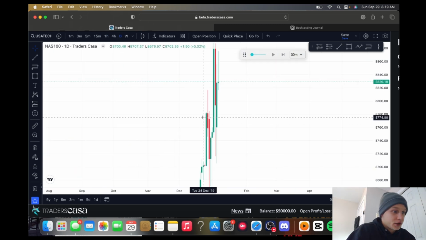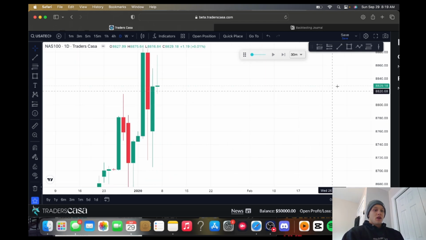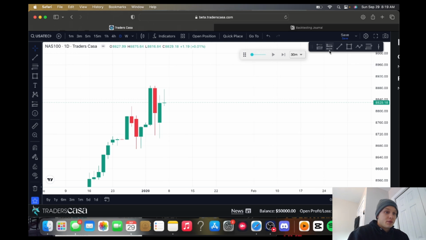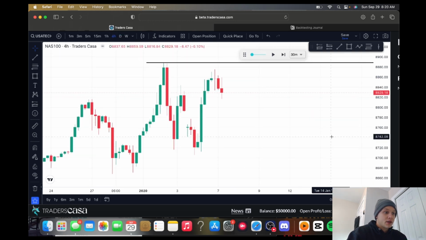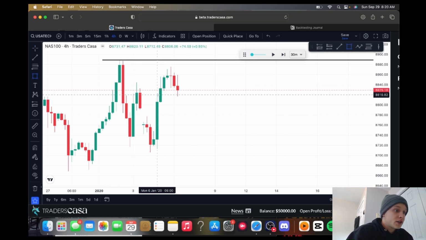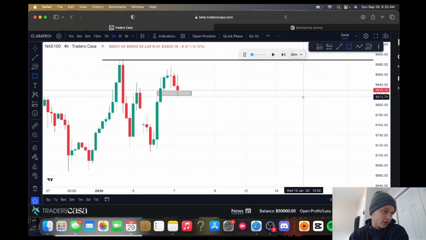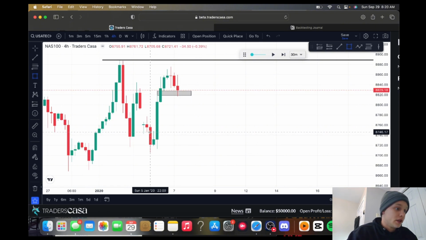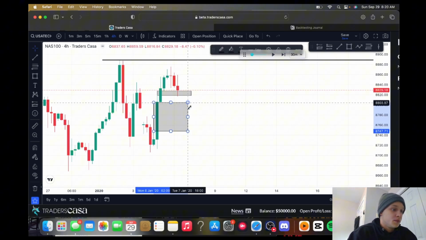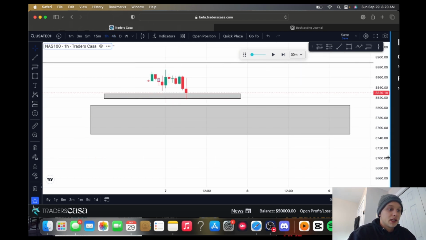Alright, so coming to the next day, which is going to be Monday the 6th. Like I was saying, I want to see these highs be taken, so we are a bit more bullish on the daily, just because I want to see these get taken. 4 hour time frame, we are bullish. We disrespected this fair value gap. We have this one that we could be trading from, so we could be looking for a reversal right away, or we could trade into this fair value gap here. Could definitely bite a little bit deeper into this range, so I'm kind of interested in something like that.